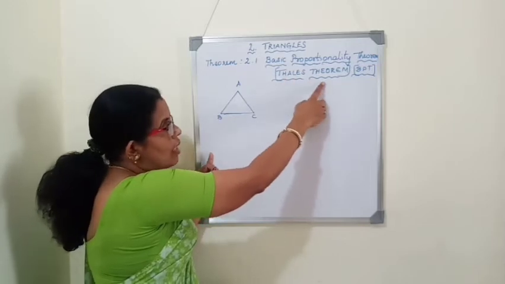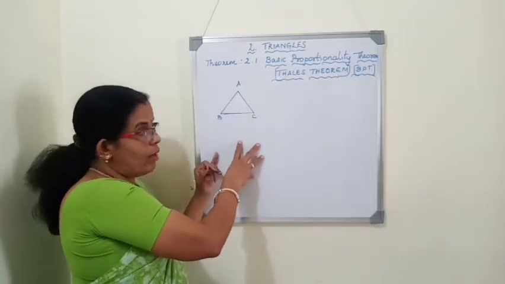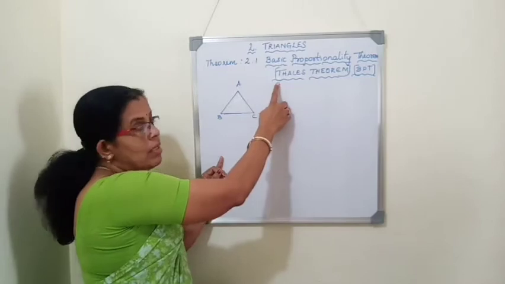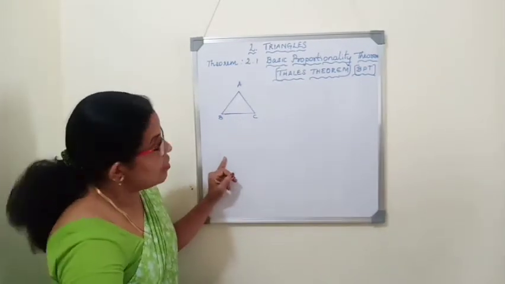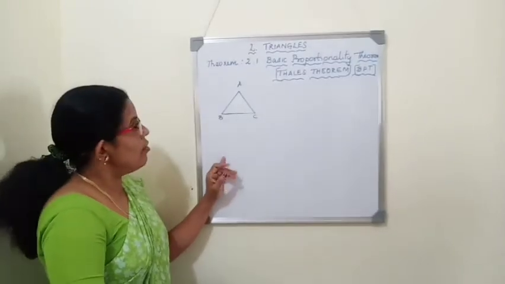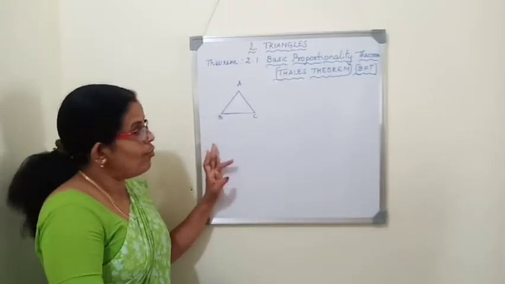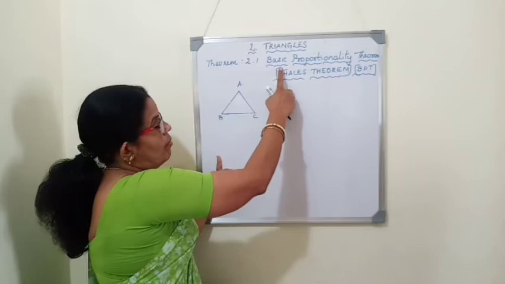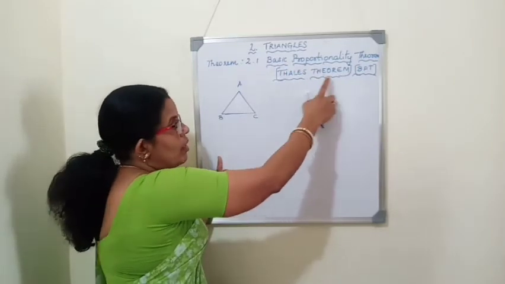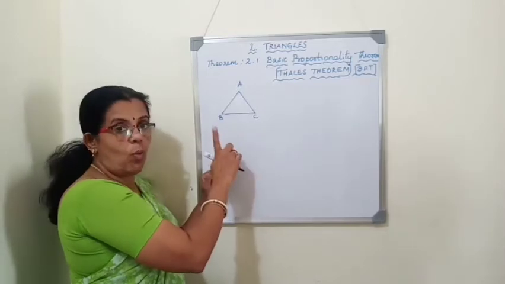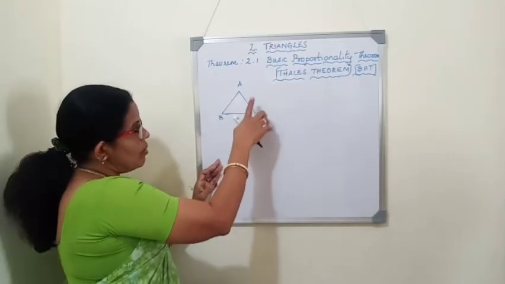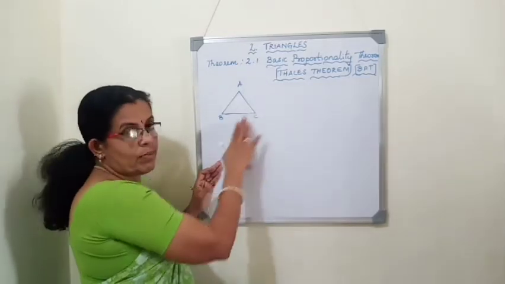Why the name Thales theorem? Because a famous Greek mathematician, Thales, derived this theorem. That's why it is also known as Thales theorem. So this theorem is very important for 4 marks or 5 marks. The name of the theorem is basic proportionality theorem, BPT or Thales theorem. Even the statement will be asked for 1 mark. So here the basic proportionality theorem states that